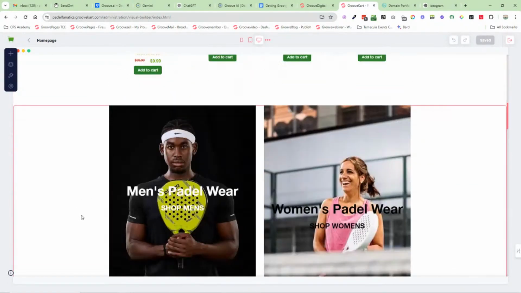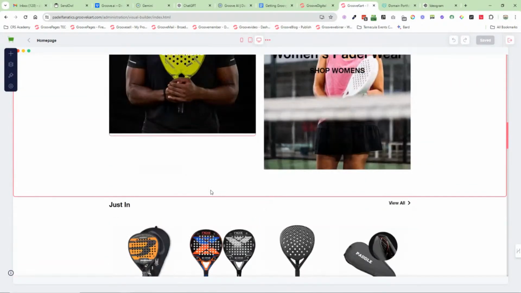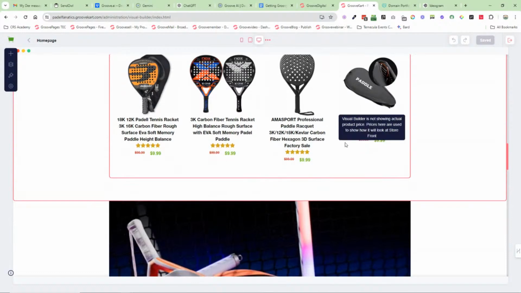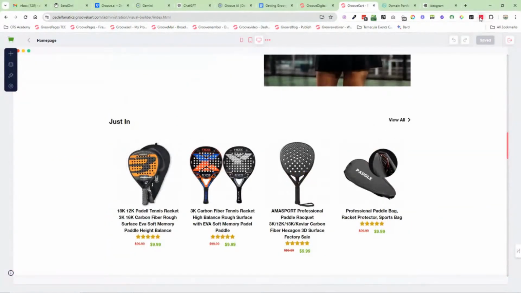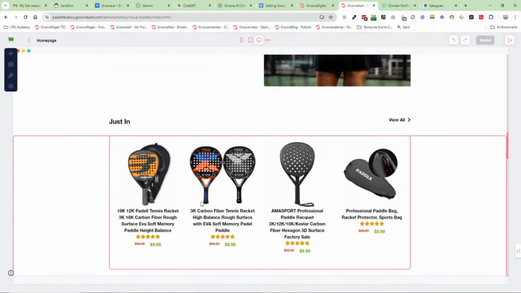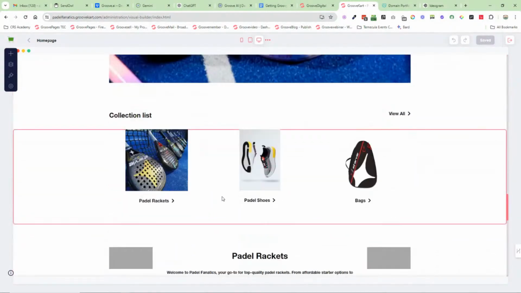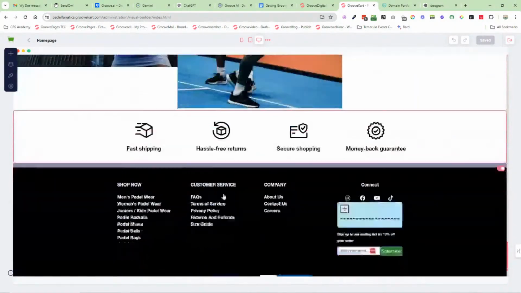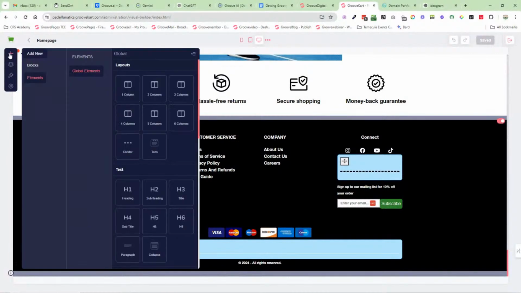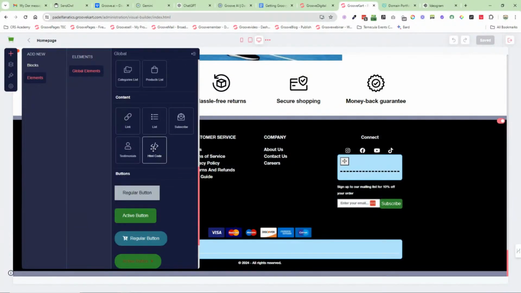Again, you can see this store is pretty much built out. It needs to switch these images out. These are some of the products we've got added. And again, when you use that little extension, it adds everything, all of the details, the descriptions, the images. You kind of don't really have to do a lot apart from change the prices. Then when you're up here, you can add blocks or elements. Again, you just drag them onto the screen.